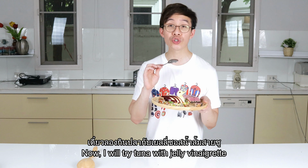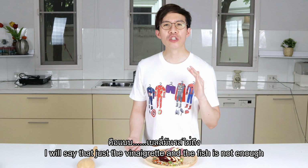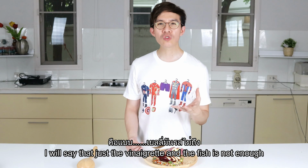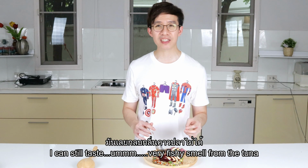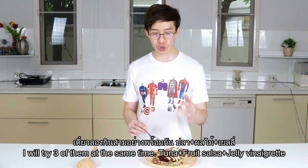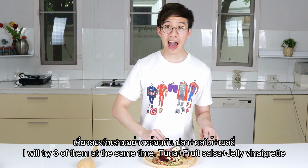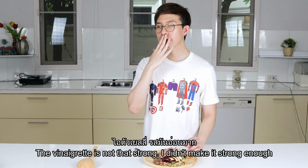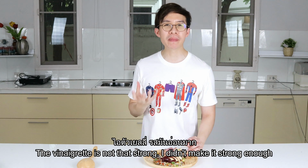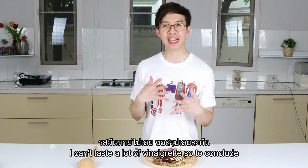And right now I'm going to try with the vinaigrette jelly. I would say that just the vinaigrette and the fish, it's just not enough. I can still taste a very fishy smell from the tuna. I would try all three of them at the same time. The tuna, the fruit salsa, and the vinaigrette jelly. The vinaigrette, it's not that strong. I didn't make it strong enough. So when you eat it together with the fruit salsa,